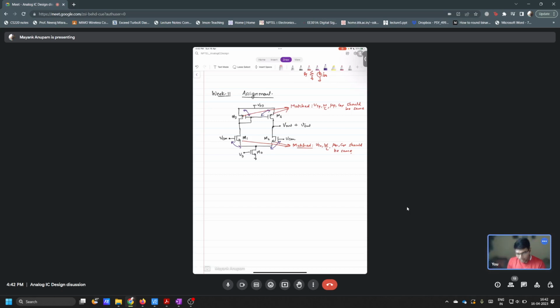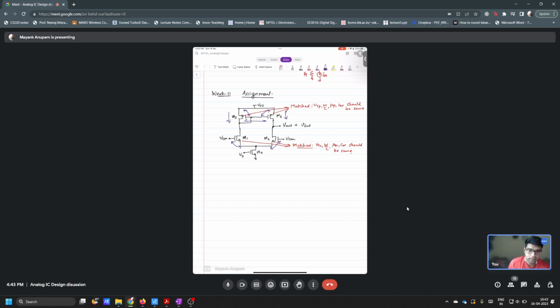And if you assume that there is no channel length modulation, that CLM is neglected, then because of this current mirroring, you can safely say that the same current flows in both the branches,